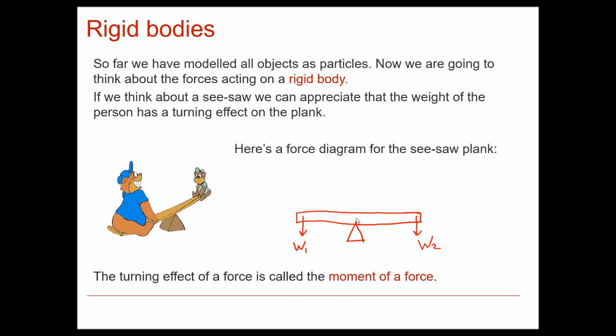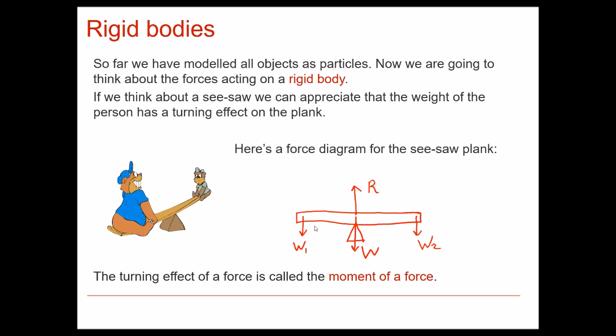The plank itself may have some weight. We might model it as being massless, but more likely there'll be some weight associated with the plank as well, so maybe just call that W. And then on the thing which it's resting on top of, there'll be a reaction force acting upwards. So if this thing is in equilibrium, then one thing that must be true is that all these forces must add to zero. But there's more going on than that now,